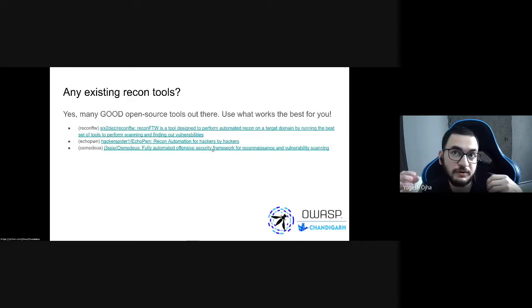And before using reNgine, were there any existing tools? Yes, absolutely. There were many good recon tools. Suppose reNgine doesn't suit your need, you can definitely go for reconFTW. That's really good. It's one of my favorite tools. You also have Ecopan and Asmodeus. These tools were really good. But something that was missing in all of these tools was probably scheduling, correlation,